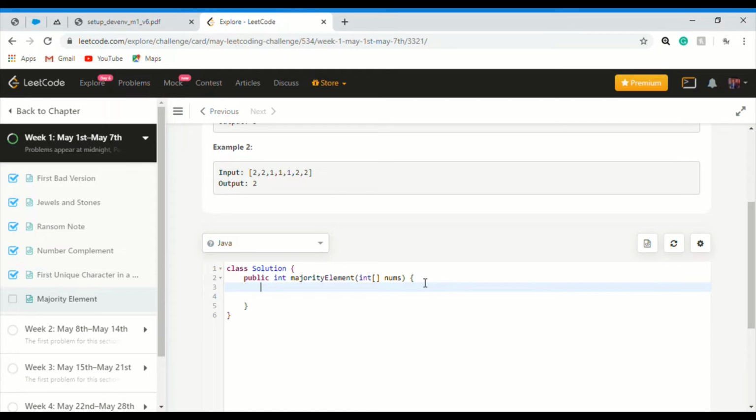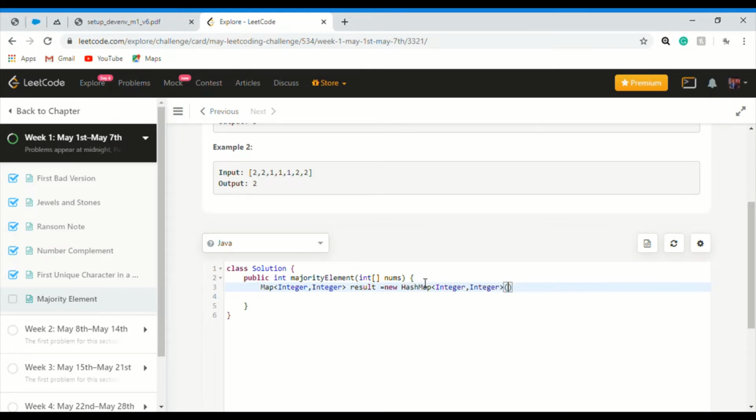So let us first create a map. We are going to name the map result equal to new HashMap of Integer, Integer.